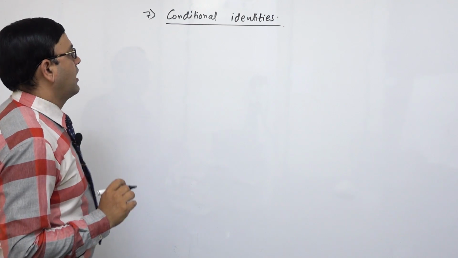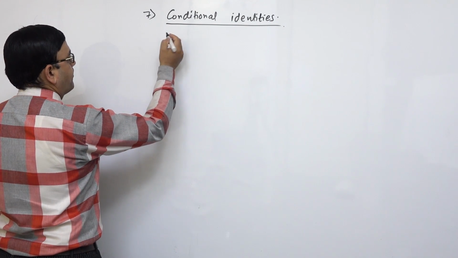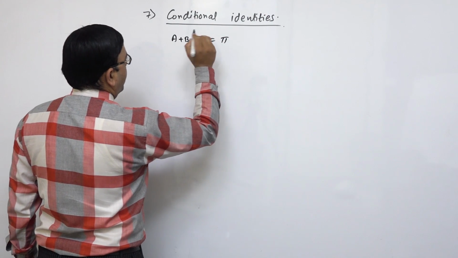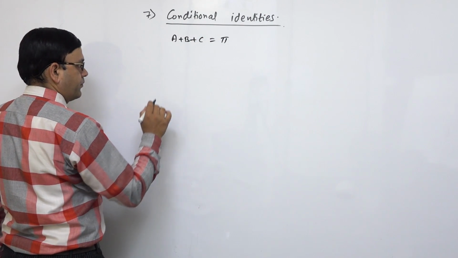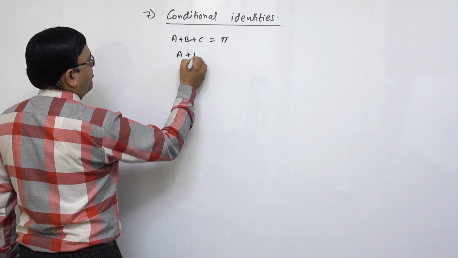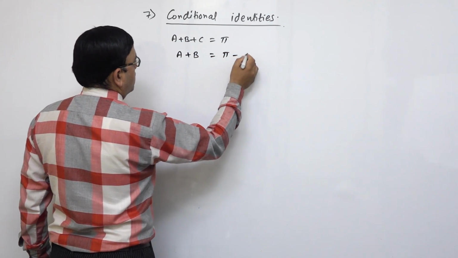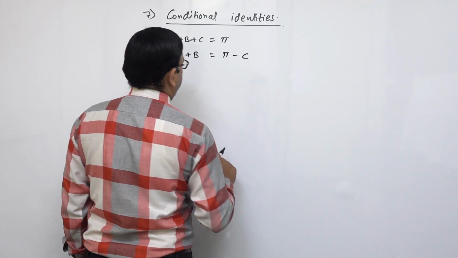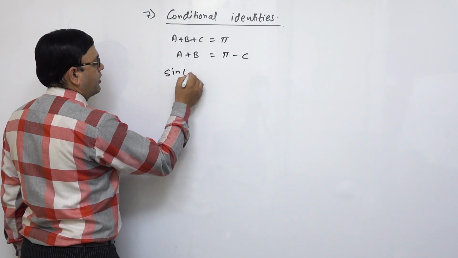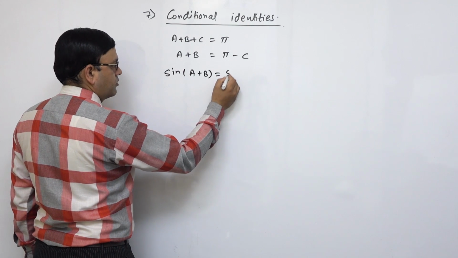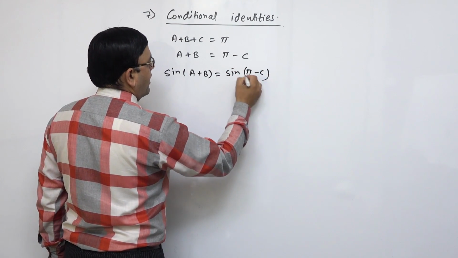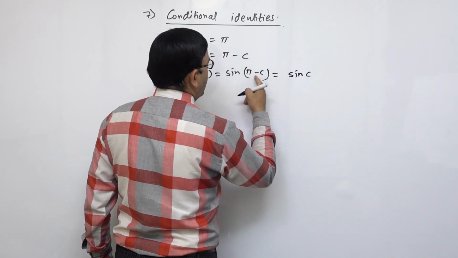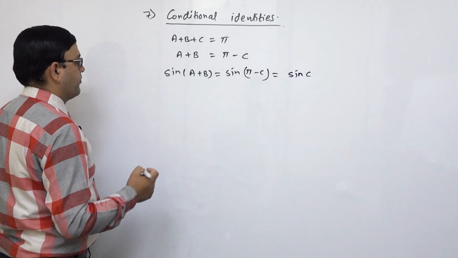अब यो conditional identities मा हामीहरुले A plus B plus C is equals to pi or 180 degree छ भने A plus B is equals to pi minus C भन्छौं। अब यसमा साइन ल्याउँ भने के हुन्छ हेर्नुस् त, साइन A plus B is equals to साइन pi minus C। साइन pi minus C भनेको कति हो, साइन C हो। साइन को 180 minus C मा पोजिटिभ हुन्छ।